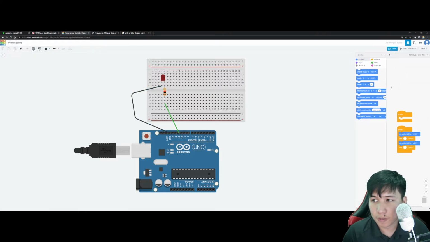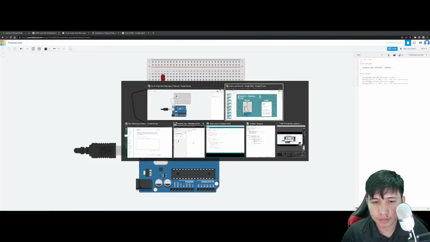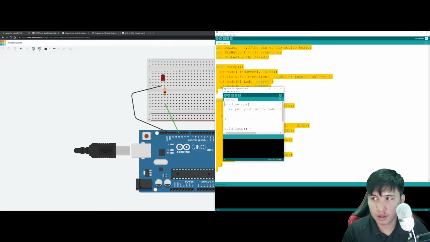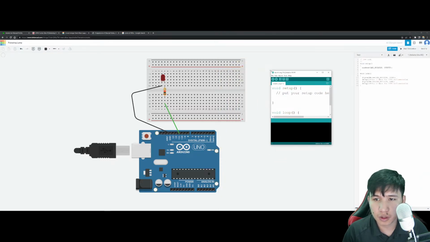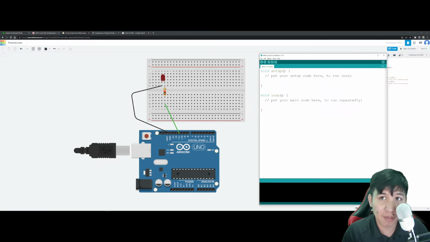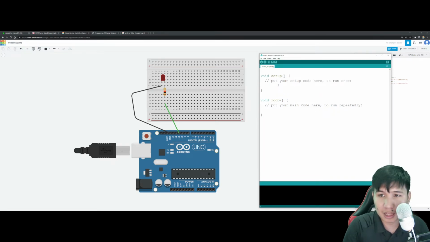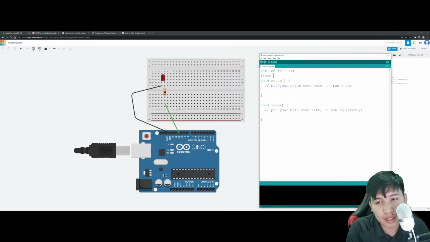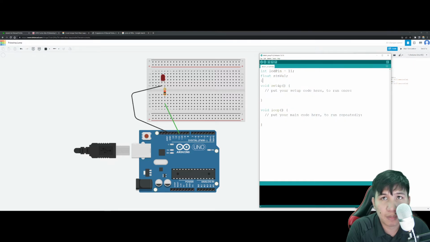Now, for the code, it's also very easy. We will try to apply here some mathematical functions. Like the built-in mathematical functions in Arduino. First of all, let's declare the LED pin. LED pin equals 11. Then let's have here a float variable which is the sine value. Then we have here the LED val. Then for the setup, let's put here pinMode, LED pin, OUTPUT. Then for the loop,